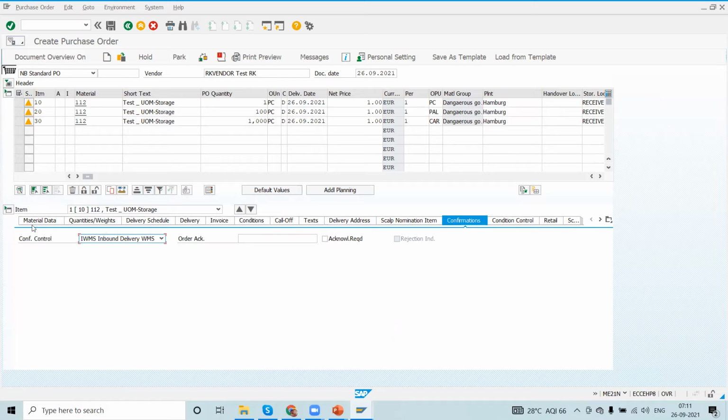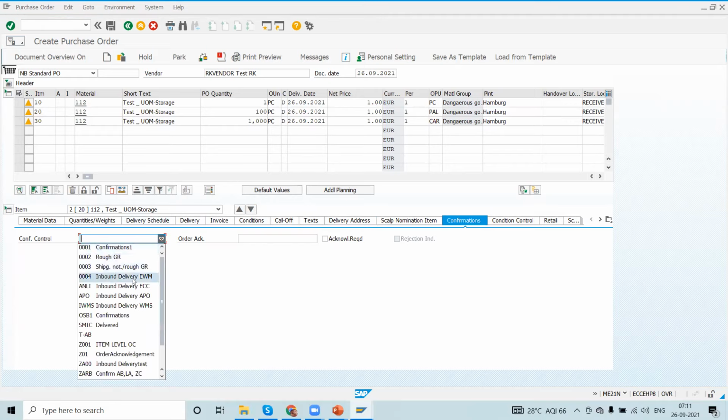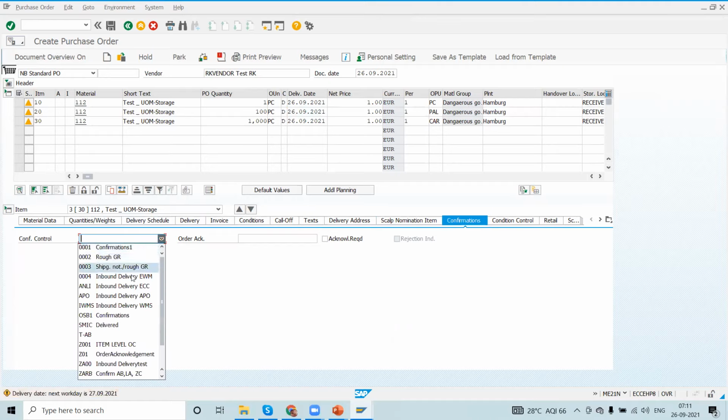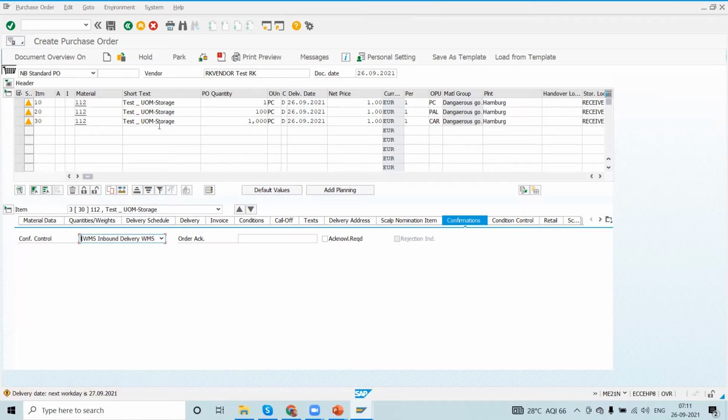So inbound delivery should always be IWMS for all the line items. Then only we can do the further activities in the EWM system. I mean the goods receipt, storage location receiving, the final confirmation of the storage of the goods. All these things you can perform only if you have the confirmation control key of IWMS.